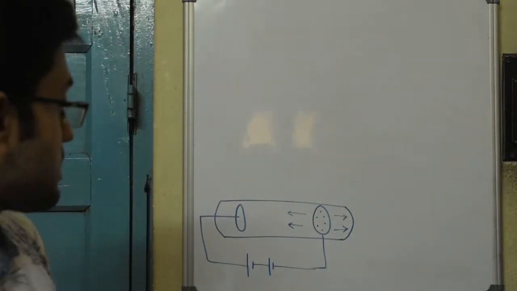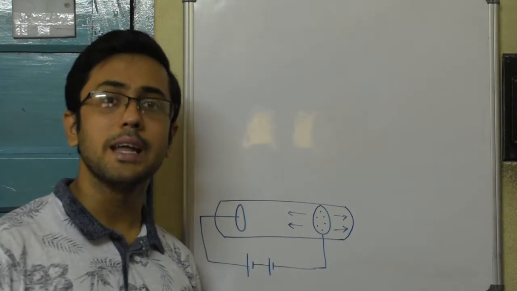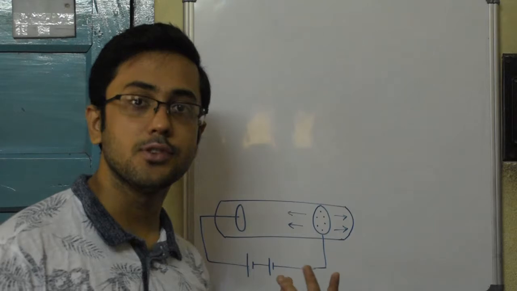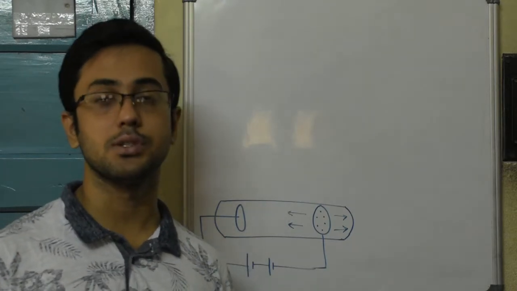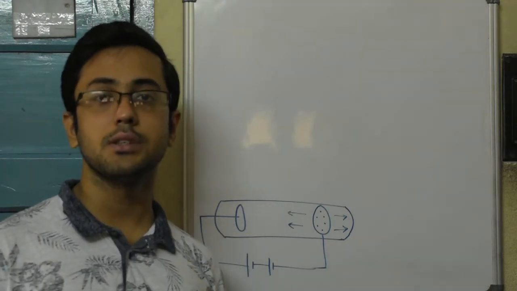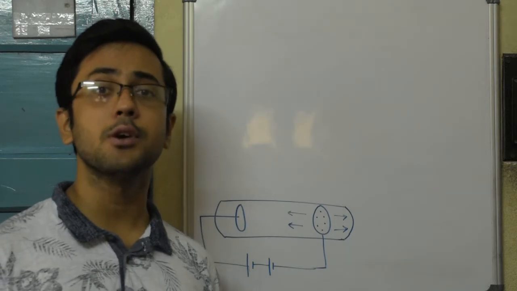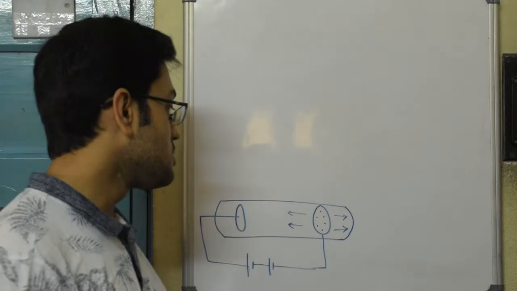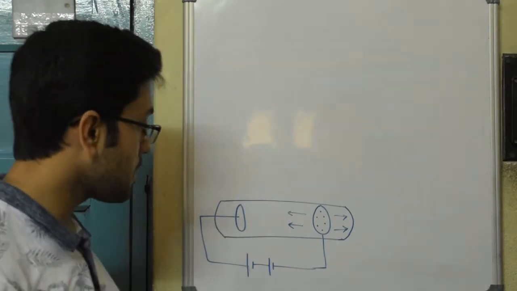But the scientists at that time knew that an atom is overall neutral. So if electrons have the negative charge, then who has the positive charge? This was the obvious question that was raised, and during that time the quest to find these positively charged particles started. So for that, a modified version of the experiment was performed.